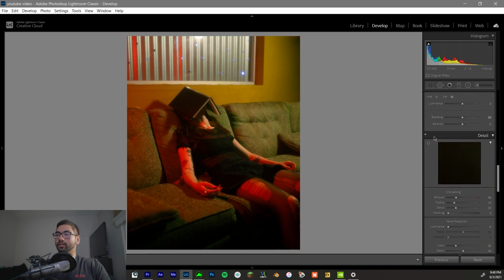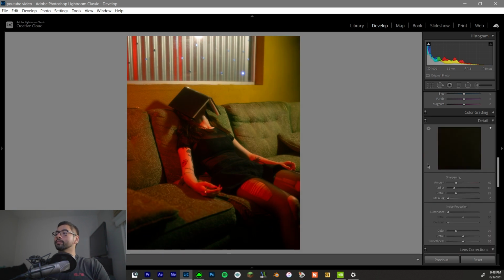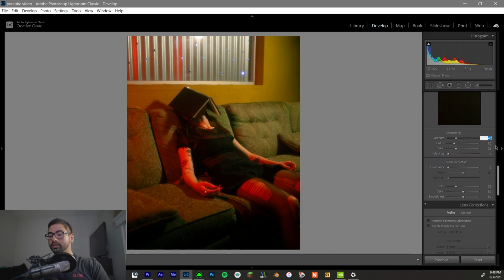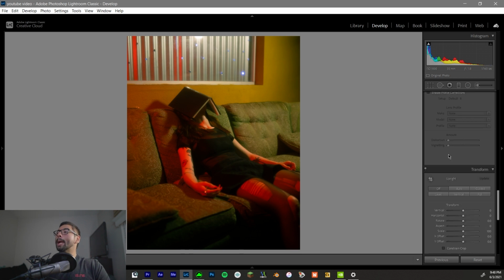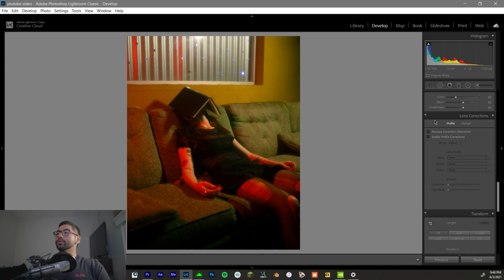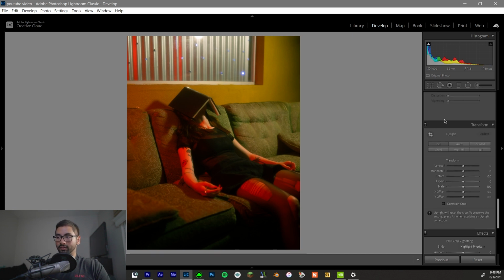There we go, boom, just like that. So already, these are just the adjustments we've made. It's gone from this to this real quick. So then I go to sharpening, and I always turn my sharpening to 75, and then I always set my noise reduction to 15, even if there's no visible noise, just because it blends the colors a little bit better. And then usually I leave lens correction just off because I like to have a little bit of that character